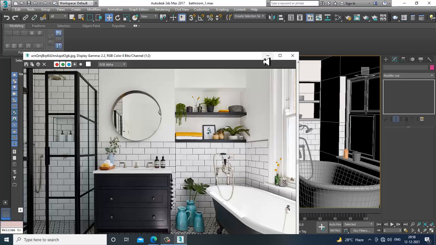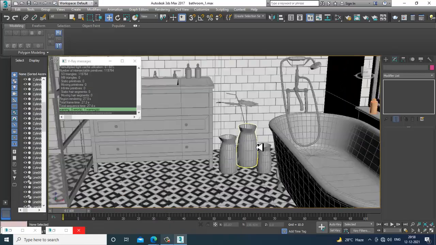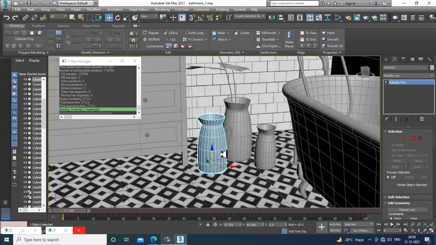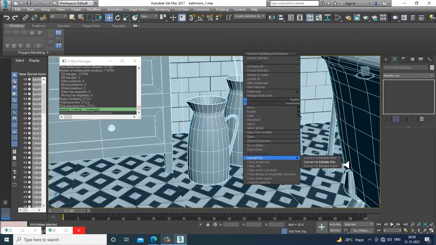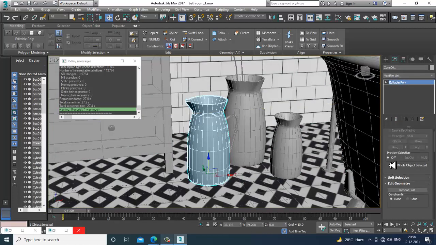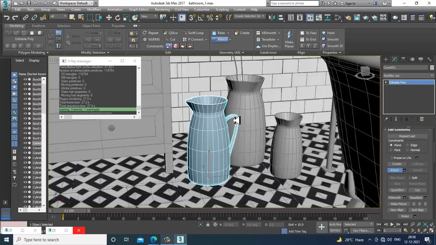Now I'll add a bit of ceramic material for this. So I'll convert to editable poly, select this and attach it.